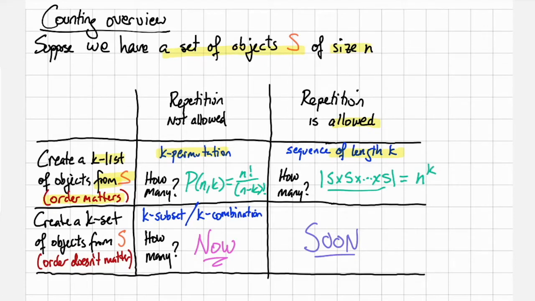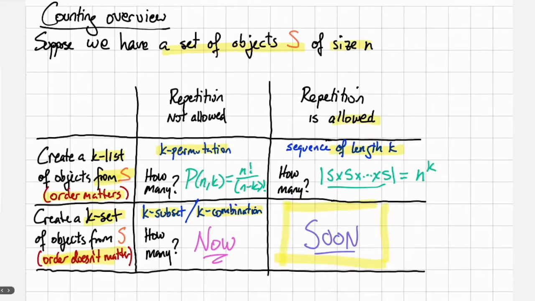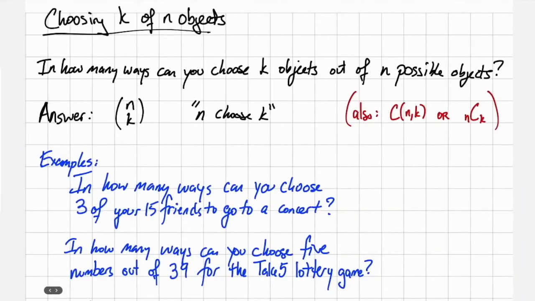Today we're going to talk about the case when we still have our set of objects S, and we want to choose k of them, but we want to choose k unordered objects from S. That will be the idea of a k subset or a k combination, and we'll be answering how many there are in this video and the next few videos. You'll need to come back later if you want to learn about how to choose k unordered objects where repetition is allowed. But for now, we're focusing on the question, in how many ways can you choose k objects out